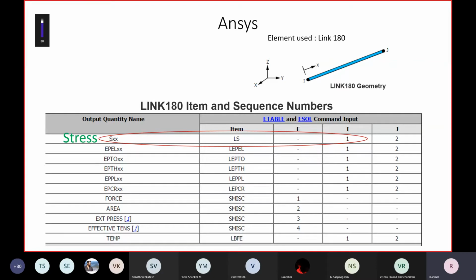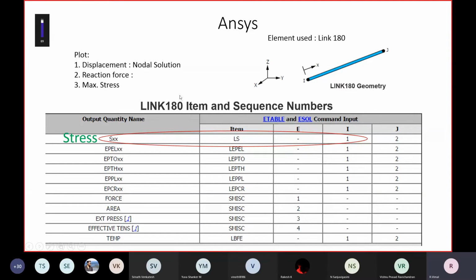When you come to college, you could do this and see. That is just a simple step in the final part alone. We will do it and show you, and I'll also make the video available in the LMS for you. Only thing is, for the truss problem, we will not use the sequence number. We will be using LS. Now we'll move on to the ANSYS software.